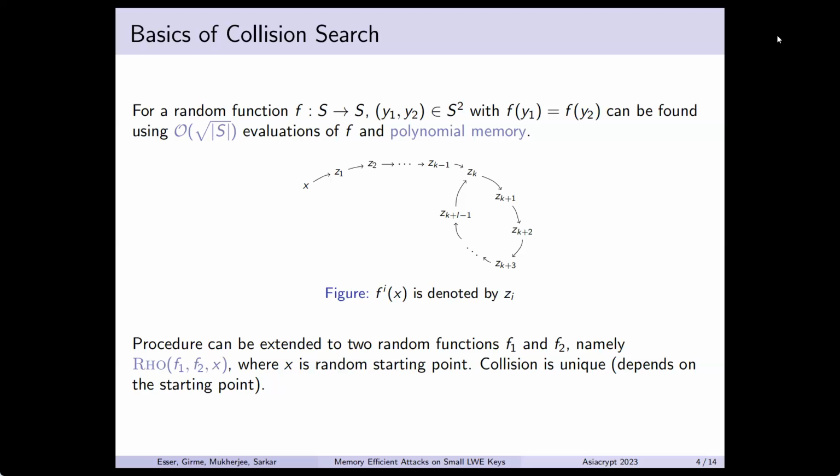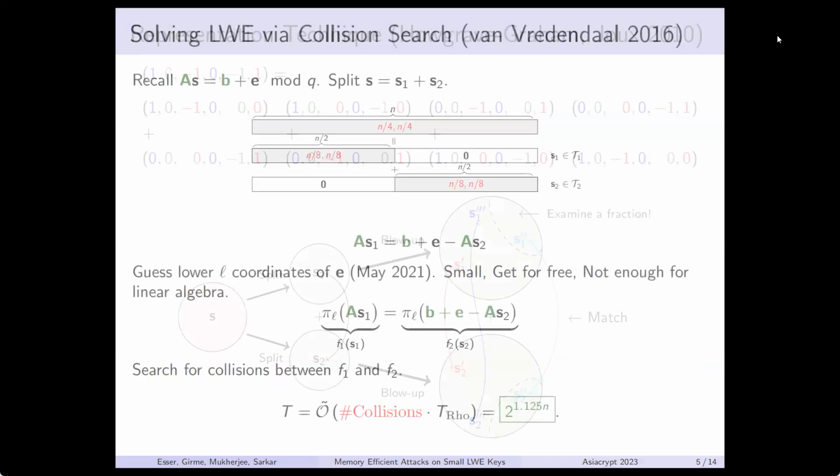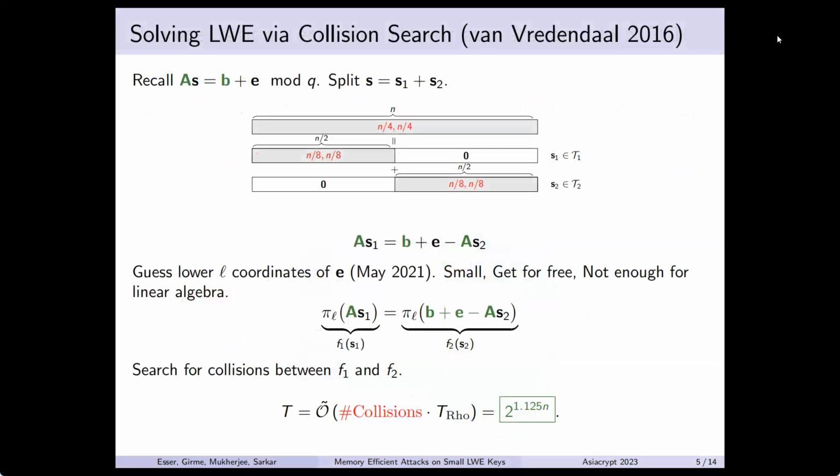And we can easily extend this to two random functions, f1 and f2. Now, we call the procedure rho of f1 and f2 on x, where x is the random starting point. And just observe that if you have a fixed x, you will always get the same colliding points. So now let us see how we are going to solve LWE using this. So this is by Van Wilgenthal from 2016. So we recall